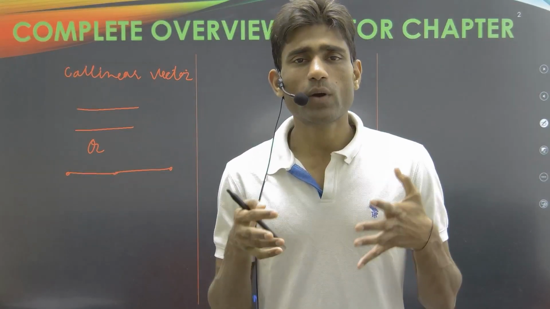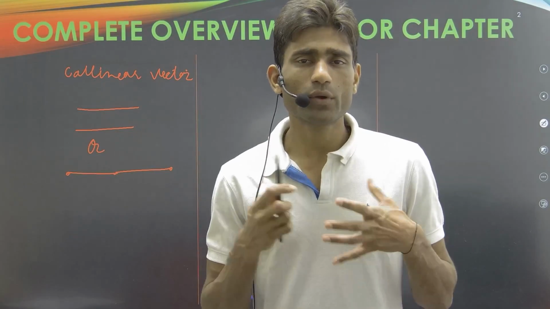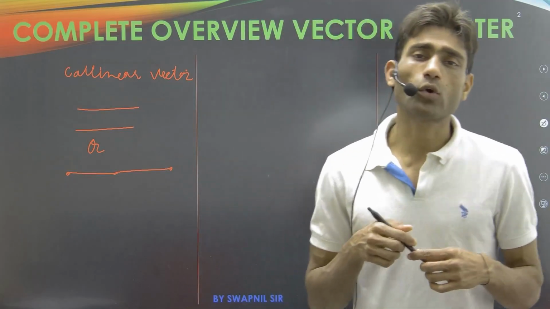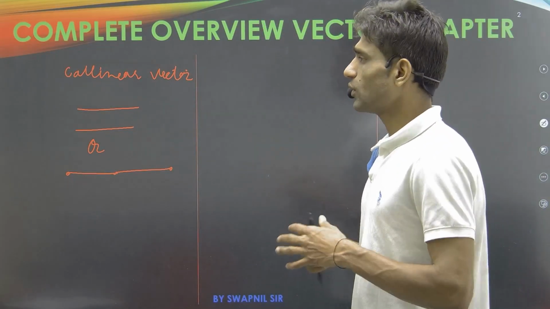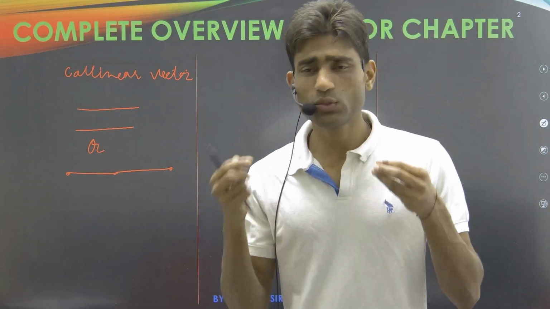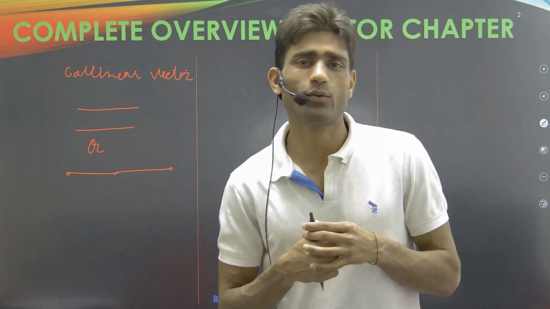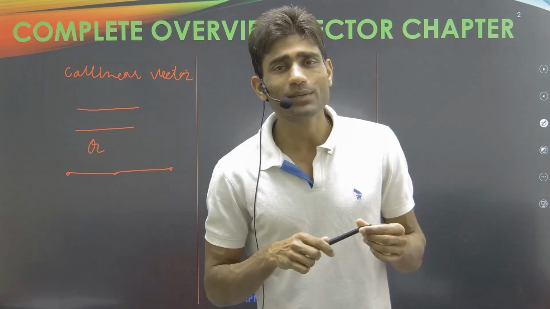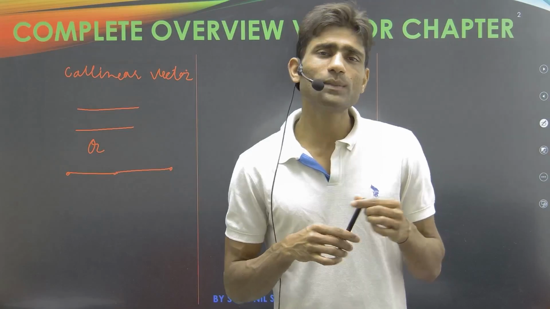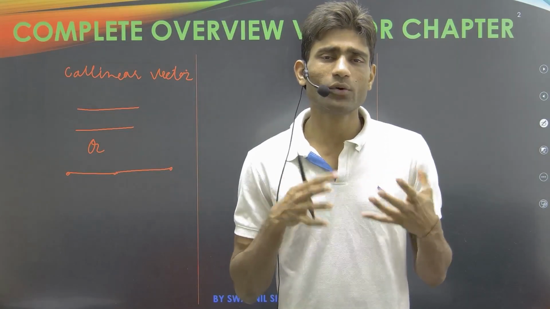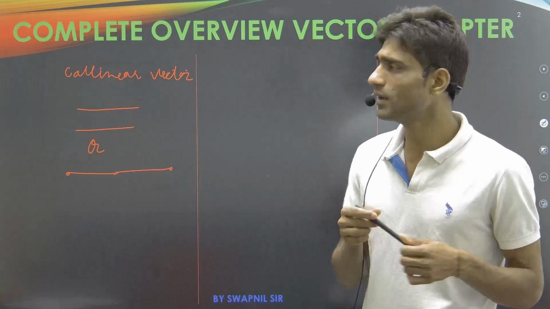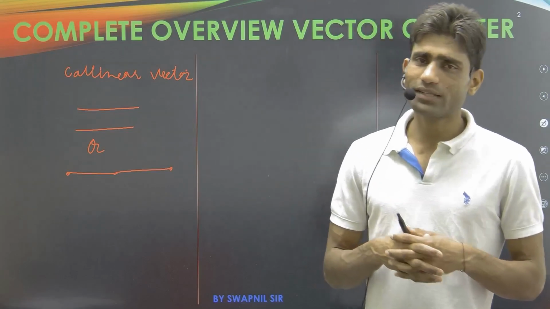While we are going to solve the examples, we will see some of the detailed properties based on collinear and coplanar vectors. Now after the collinear vector, you need to know the coplanar vector. Coplanar vectors are those vectors which lie in a single plane. But in a mathematical way, we have to prove some condition to show whether our vectors are coplanar or not. That we will see in a subsequent part of our examples. So collinear and coplanar vectors are easier to understand.